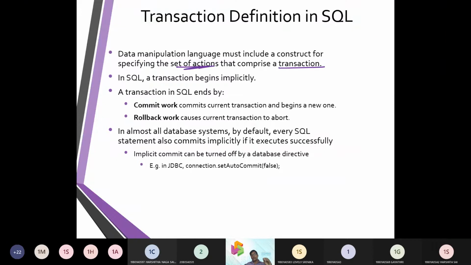And the most important thing was it is supported with a commit and supported with a rollback. Now the scenario is where to use commit and where to use rollback.